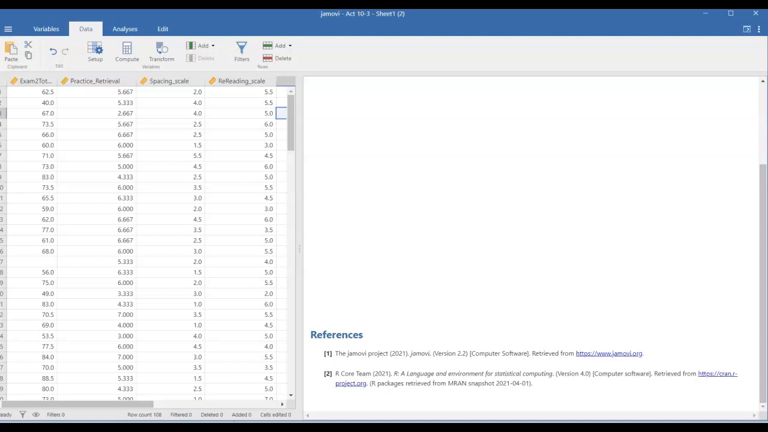Hello everyone. In this video we're going over activity 10.3. This one actually follows up from activity 10.2, so you may find it helpful to go back and read that first paragraph or so in activity 10.2. But very briefly, what we're looking at here is different study strategies and how they relate to performance on an